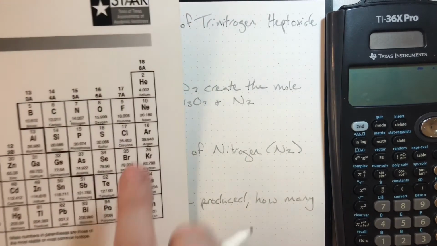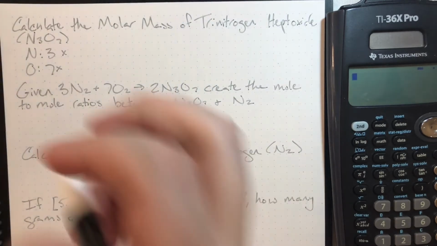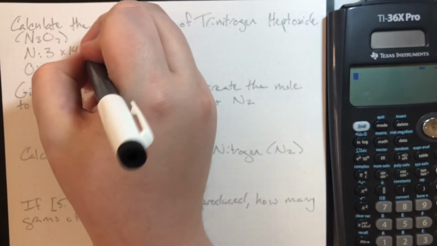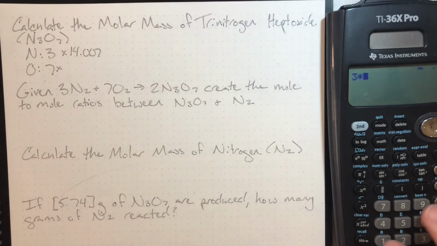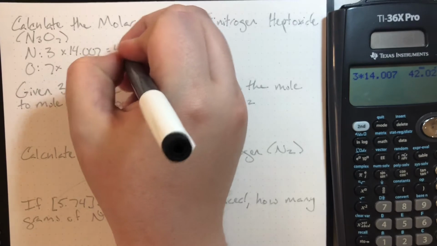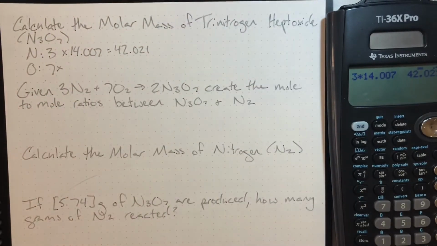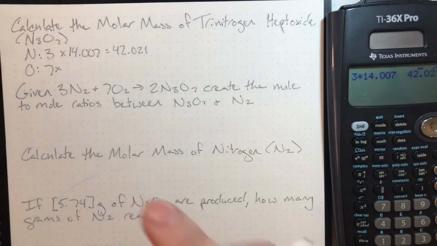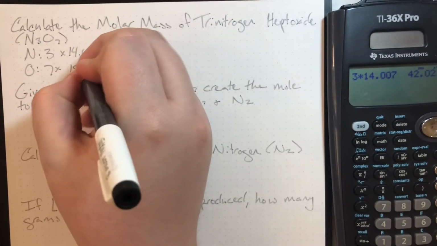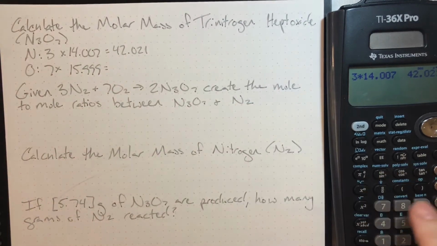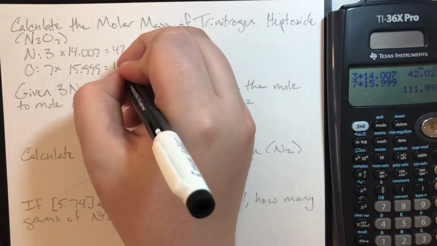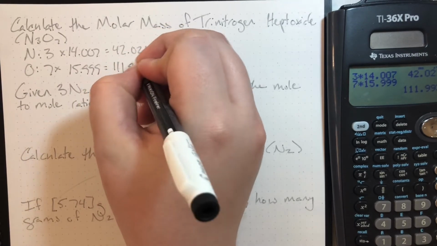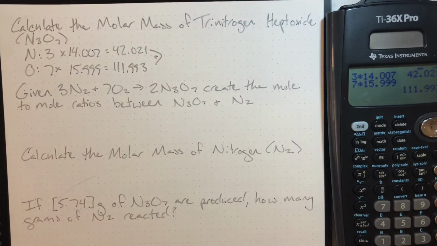Nitrogen's mass from the periodic table is 14.007. 3 times 14.007 gives me 42.021. Oxygen's mass from the periodic table is 15.999. 7 times 15.999 will give me 111.993. When I add these up,